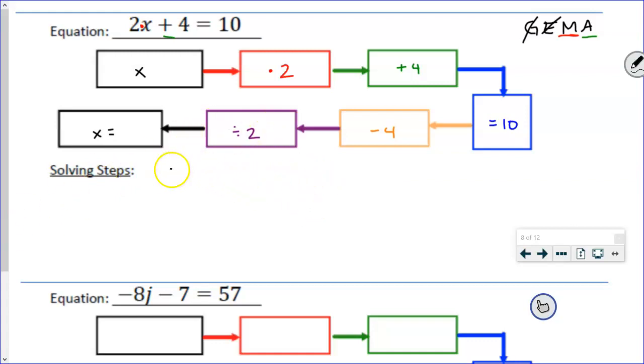I rewrite the problem. 2x plus 4 is equal to 10. And I follow these solving steps. The first thing I need to do is subtract 4. Why am I subtracting 4? Because it will undo adding 4. So where should I write subtracting 4? Right below the add 4. Because remember, the whole point of this is that it's going to undo it. And since it's being undone, that's how I know I can put that slash through it, because it's zeroing out. But before I do that,